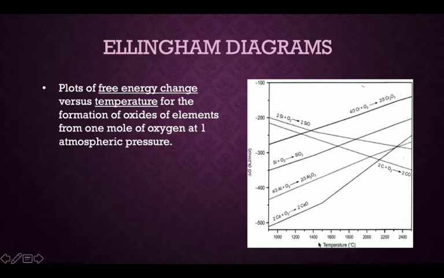Temperature is taken along the x-axis. And we are always considering the reactions which involve oxidation of elements, or the products in all these reactions are oxides of elements. Here you can see silicon oxide, here also silica, aluminium oxide, calcium oxide, carbon monoxide and chromium oxide. So here we consider only the oxidation reactions and the products are oxides of elements.